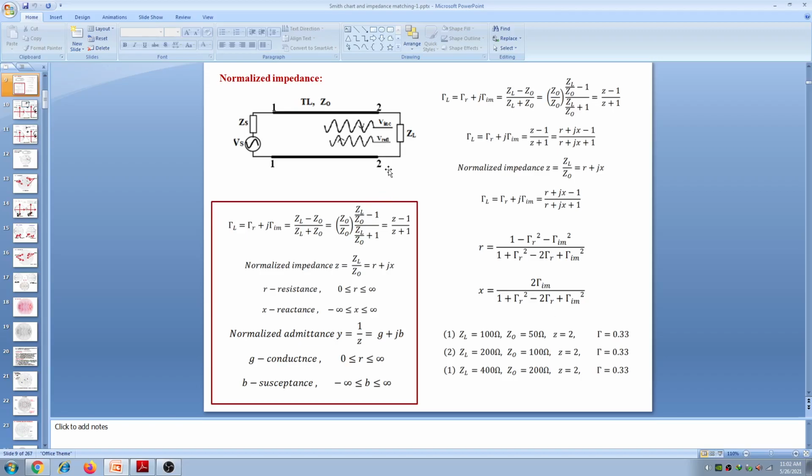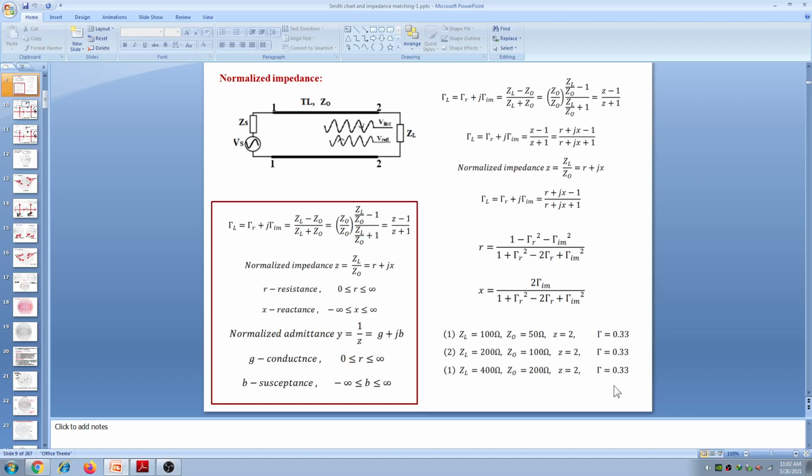Normalized impedance is the ratio of the load impedance divided by the characteristic impedance of the transmission line. So this is a transmission line here, it has a characteristic impedance Z0. Divide the load impedance by Z0, and we get the normalized impedance that we studied. For different combinations of ZL and Z0, which may be complex also, if the normalized impedance is the same,